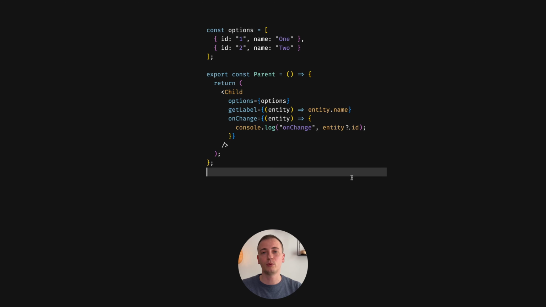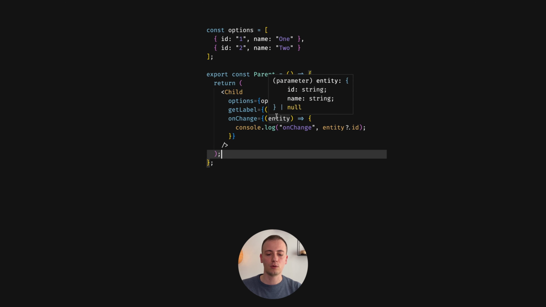TypeScript can help you improve the developer experience of React components in a significant way. Here's just one way that can happen. Let's say we have an array of options, which have a specific type, but it's not clearly defined as an interface or a TypeScript type, and we pass those options as a property to our child component, and then our child component is smart enough to infer the type and show us what options we have available,